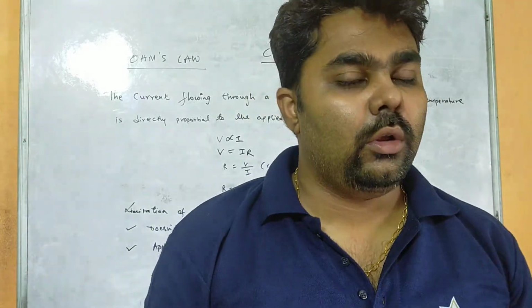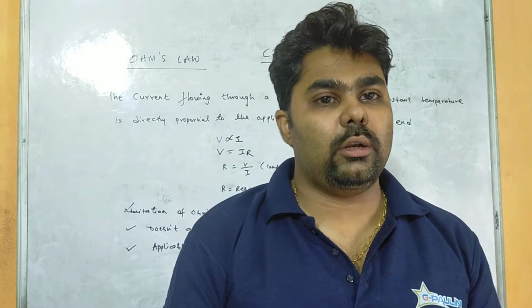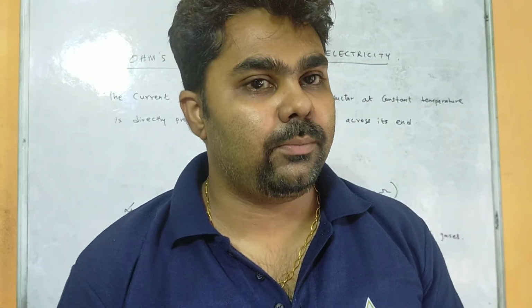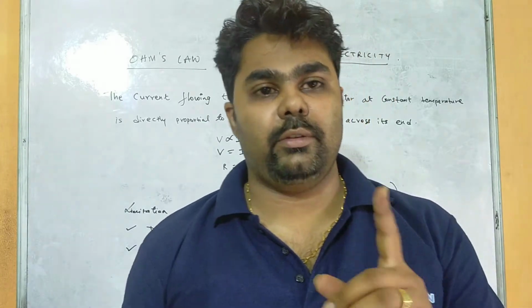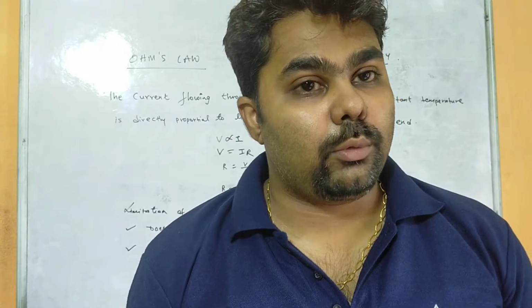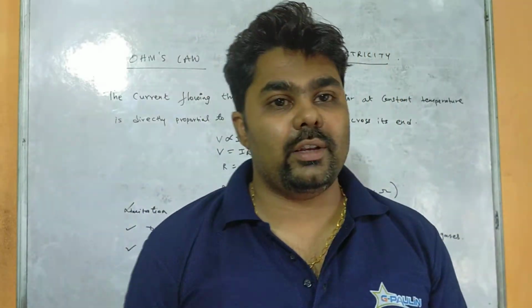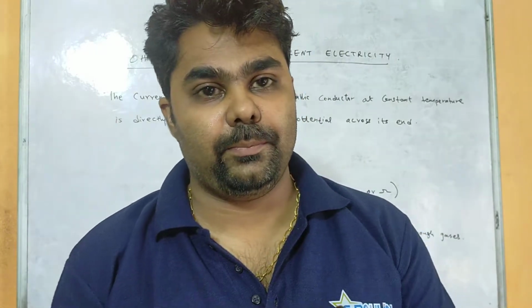On the flow of the electrons, when the electrons try to migrate towards the positive terminal, they collide with other electrons, also with the metal ions. Due to collision of these electrons with other electrons as well as collision with the metal ions, the kinetic energy of electrons gets reduced. That means the velocity of electrons is reduced now.